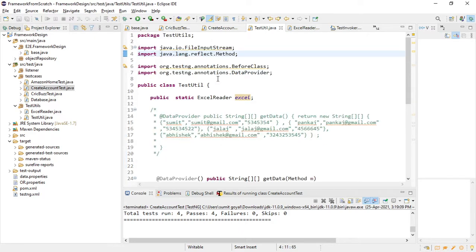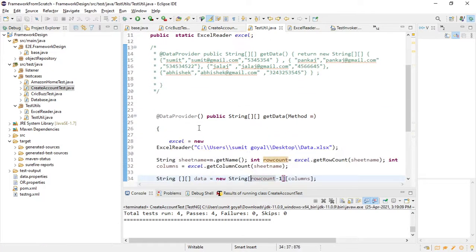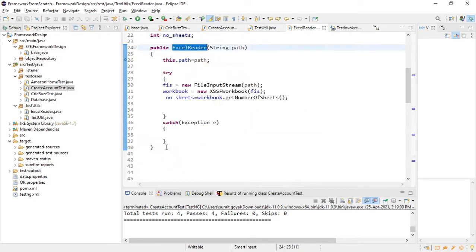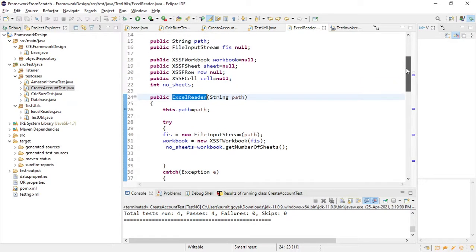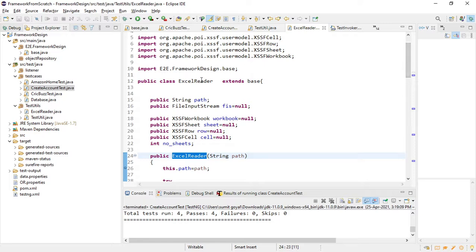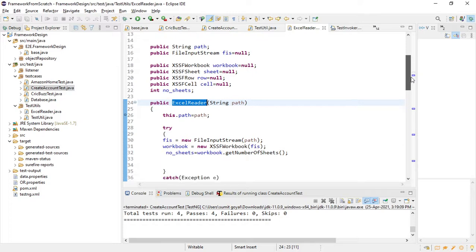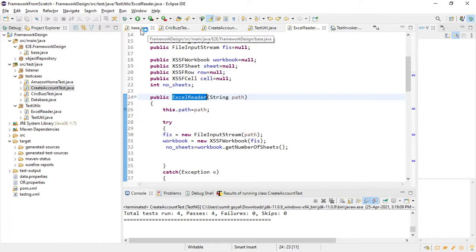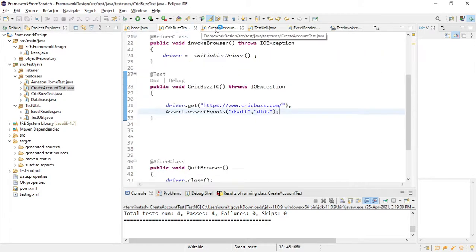What I have done inside this class is create one class variable, which is this one, and here I am just creating the object of it. Inside the class which I have created, there is all the code which will help us to fetch the data from the Excel. This is basically a default constructor, with the same name as the class name and no return type. Here I am providing the path for when our code runs. So if I debug this, you will see how it is running.